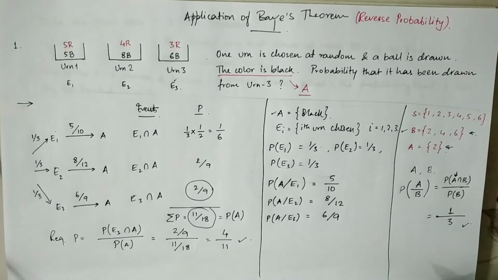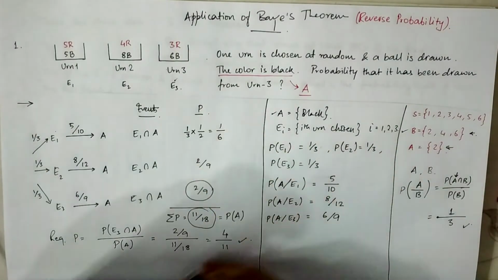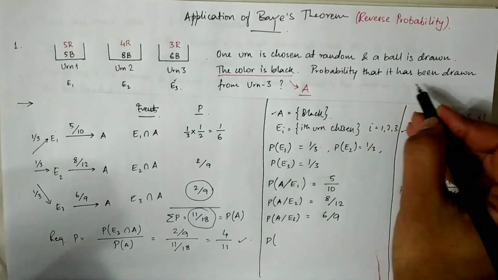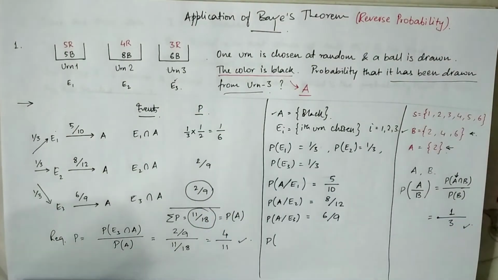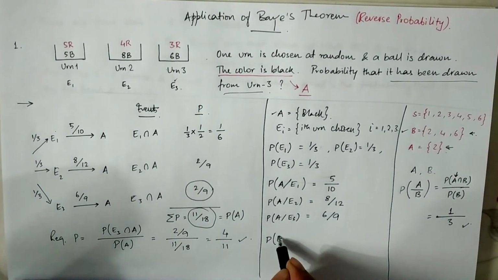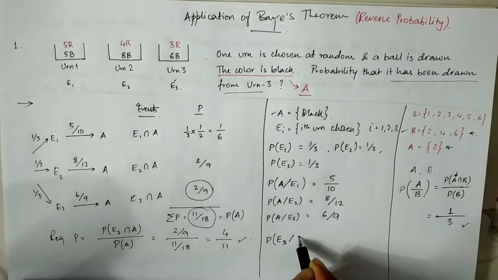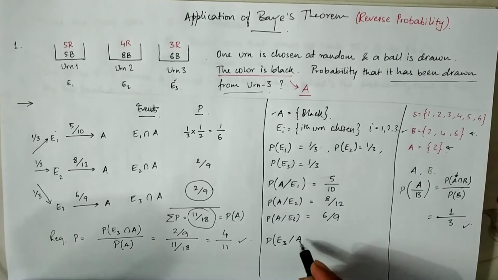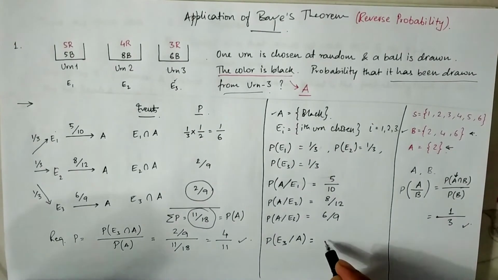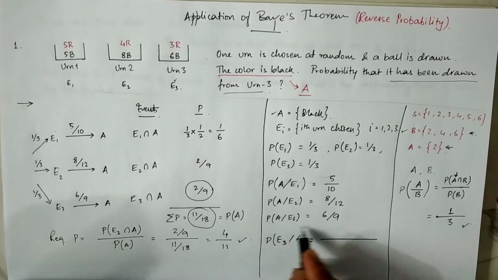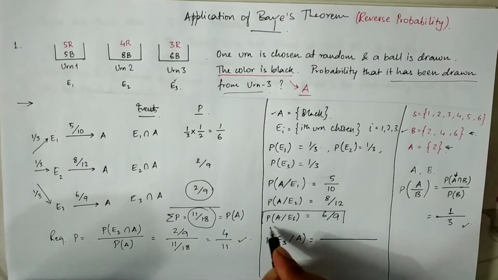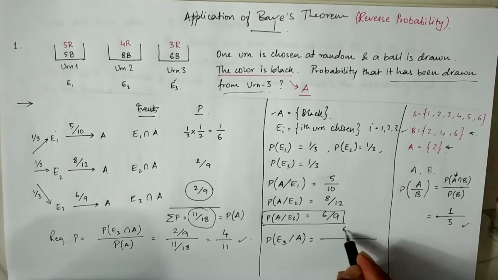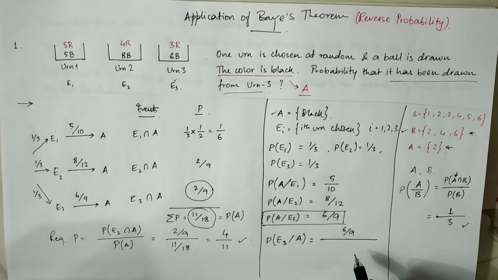Now, if we apply Bayes' theorem, which we saw over here, then the probability that the ball has been drawn from the third urn, given that the color of the ball is black, is indicated by this, which is going to be given by this thing, because this is what we are interested in: getting a black ball out of the third urn. So it's going to be 6 upon 9, which is going to get divided